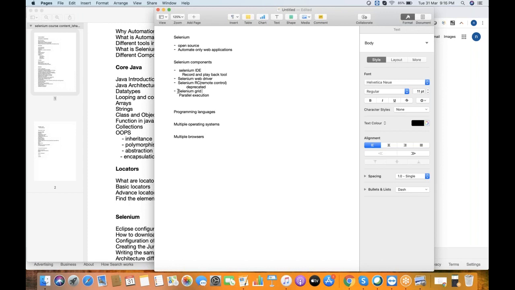Suppose you're targeting Windows 10 with the Chrome browser, Windows 8 with the Firefox browser, then Mac operating system with the Safari browser, and even Android mobile with the Chrome browser, or iOS, some iPhone or iPad device, with the Safari browser.